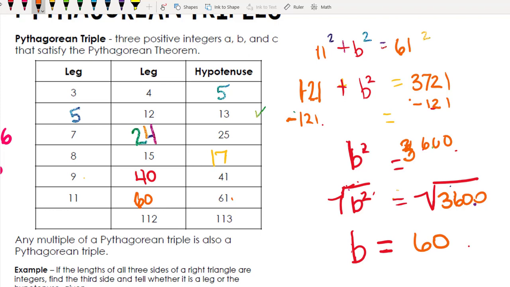And then the last one, we're actually going to use the same process because I have a leg and a hypotenuse. So I can just use what I've used the last few times. So 112 and 113 is the hypotenuse. So I'm going to